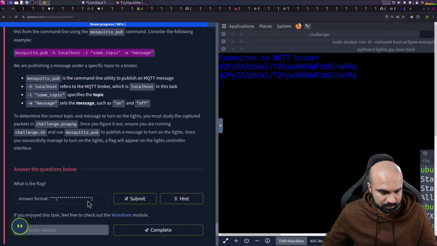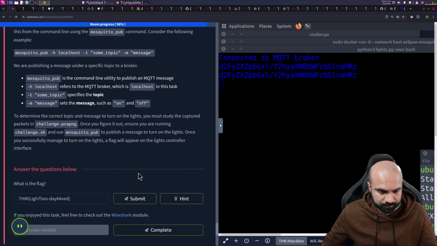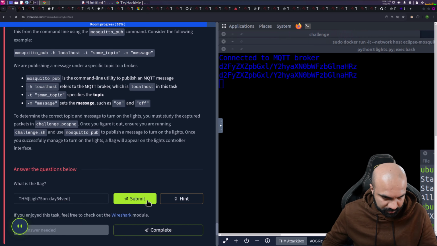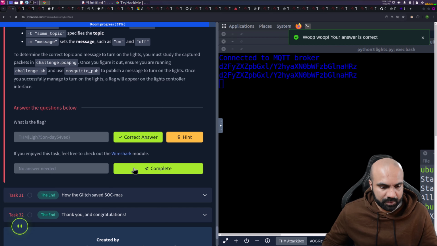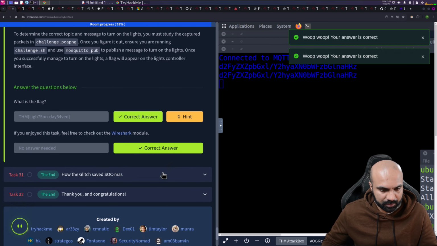Hopefully, if I did not mistype anything here. Answer is not correct. Oh, 54 maybe, not 64. Yeah, here we go. So we have completed all the tasks in